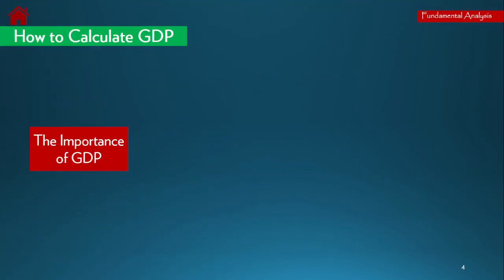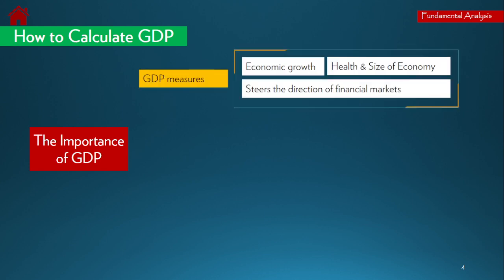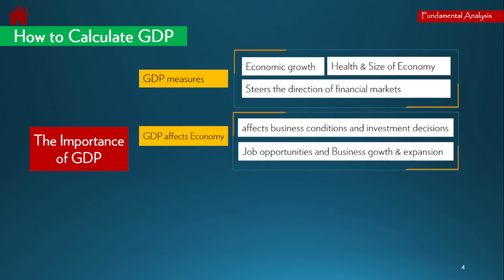Okay, so why is GDP important? GDP is important because it measures economic growth. It gives us a picture of the health and size of the economy, and it steers the direction of the financial markets of a country or regions. And GDP affects the economy because it affects business conditions and investment decisions, and it provides job opportunities and business